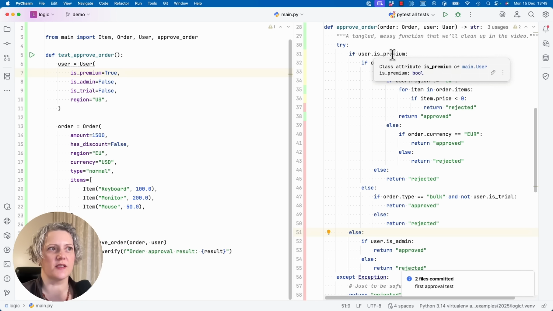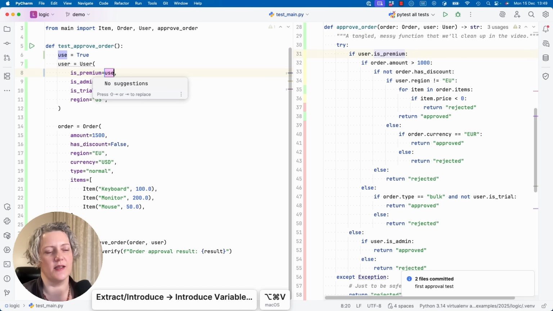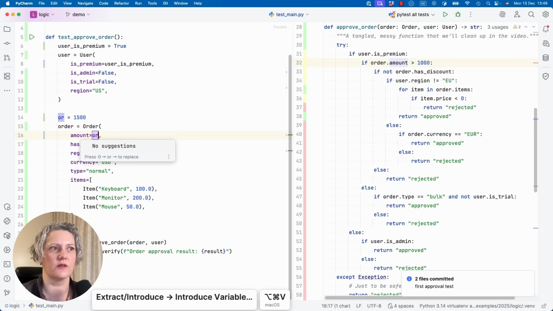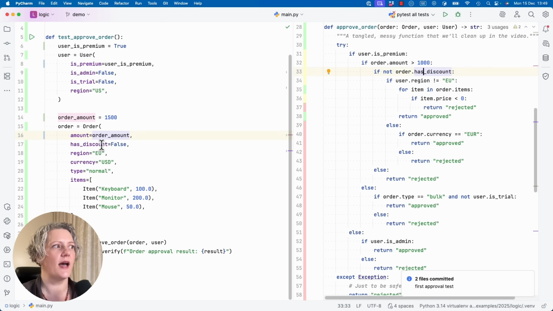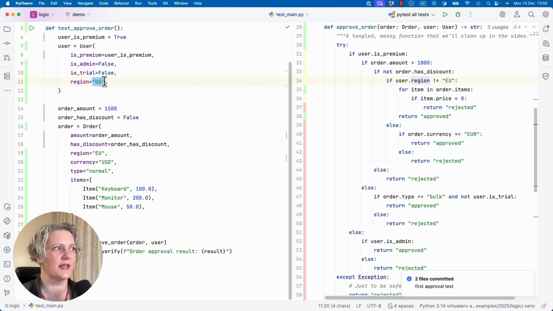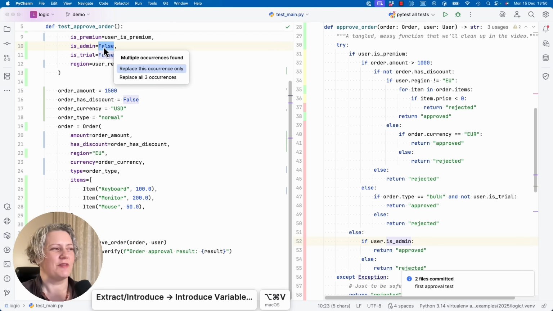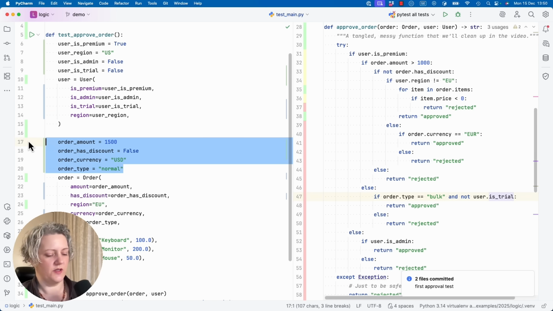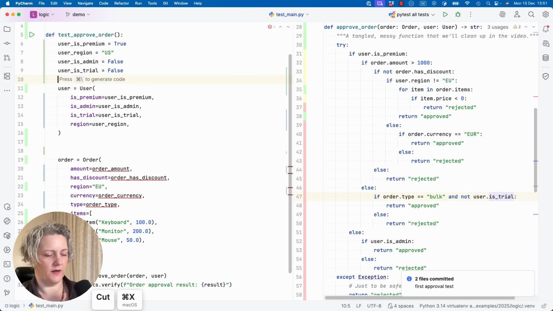So what I'm going to do now is go through all the variables I can see on the right-hand side that it's changing its behavior based on, where it's in an if statement, and extract that as a variable on the left-hand side in my test. So I'm just going to go away and do that. I haven't got absolutely all of the things it's switching on, but I've got most of them. I'm also just going to move these all up to the start here.